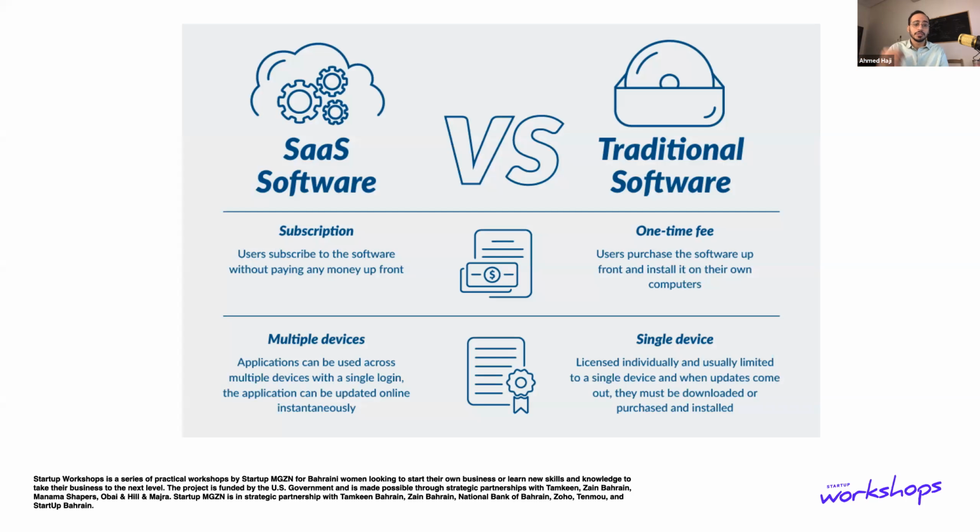But how do I choose between these two? It depends. SaaS services have a subscription, so you are probably paying for that every month. If you are using, as an example, the platform that we just reviewed, Hootsuite, you are going to pay for it every month, and the month that you stop paying, it's going to stop working for you. The great thing is that you can access it from anywhere, from any device, online and available all the time. Versus traditional software, where usually the biggest cost is a one-time cost and the time of setting it up, and it will be installed on your own PC. So it's not accessible everywhere. It's accessible based on the license you get for the number of PCs that you have, and based on that, you use that software. So for most startups, SaaS services,